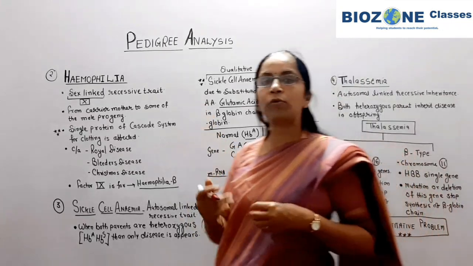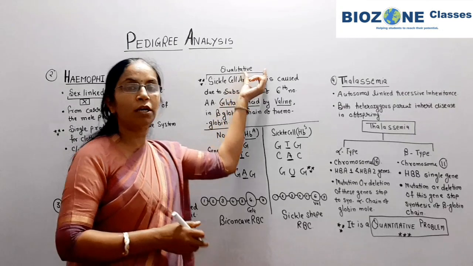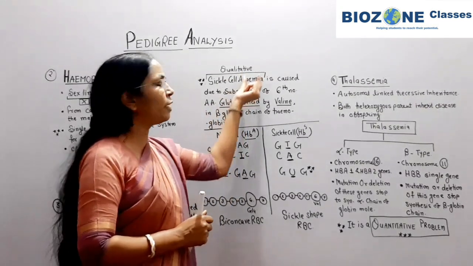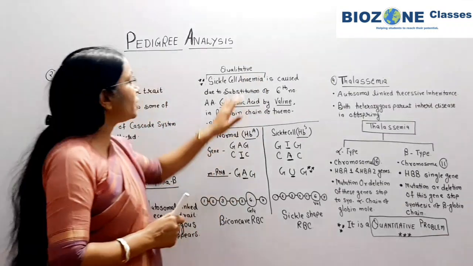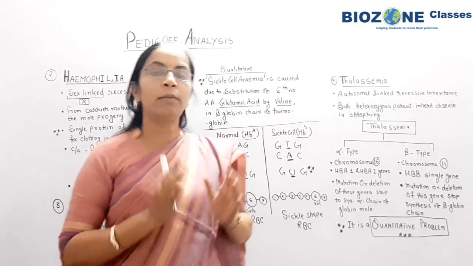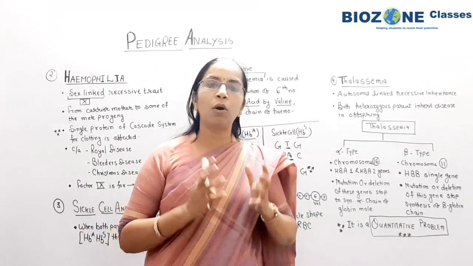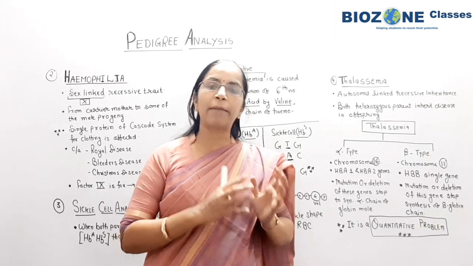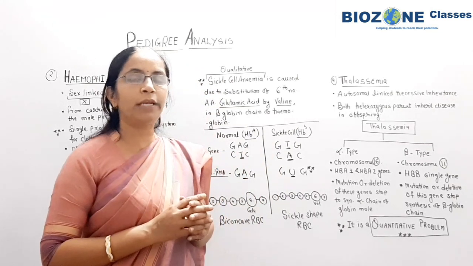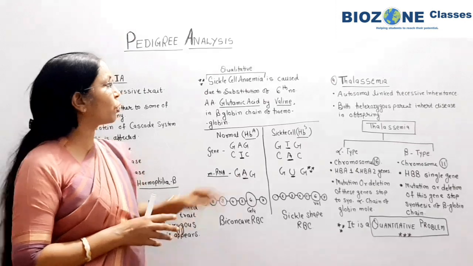Now when we study about the sickle cell anemia, this thing you remember, sickle cell anemia is a qualitative disease. ये बिल्कुल याद करके रखिएगा नीट के लिए. Qualitative means only the quality of hemoglobin is changed, but the amount of hemoglobin which is to be produced in a human or any individual is the same as it is produced in the normal person. So quality of hemoglobin is changed, quantity of hemoglobin is not changed.